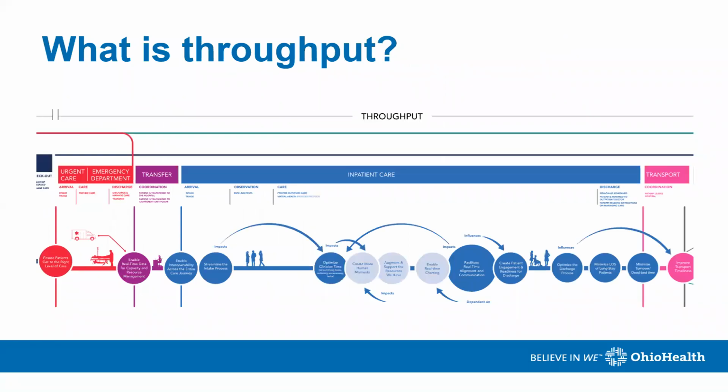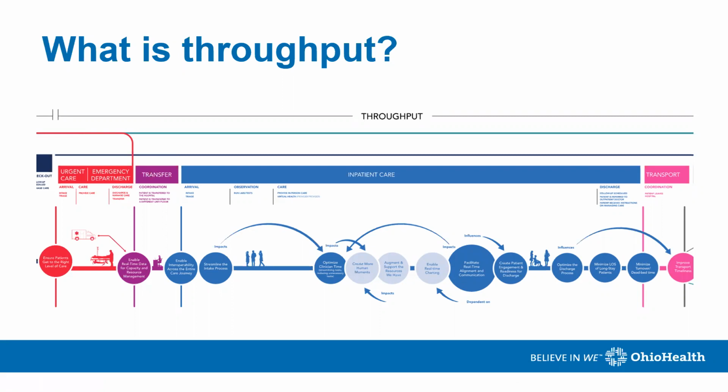So when we talk about throughput, if we look at it from a flow or a simplified, more or less linear process map, we're looking at patients coming in either via emergency care of some type, or by a transfer, or by a recommendation from a primary care or other physician. And then really focused on the whole inpatient care